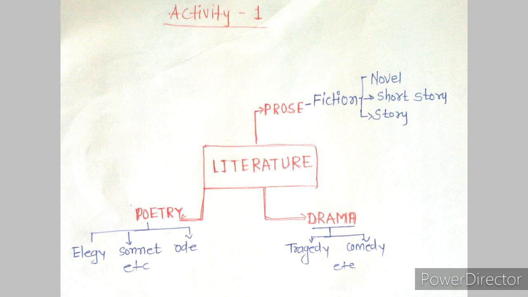So these are the ideas which have been added to the supportive ideas, and that has explained the meaning of prose. Next supportive idea was drama. Drama is of different types: tragedy is there, comedy is there, tragic comedy is there. So this is what clarifies the meaning of the supportive idea, drama. The third is poetry. Again poetry is of different types, like elegy, sonnet, ode, satire. So these are the supportive ideas which clarify the meaning. So this is what the first figure and the first activity was all about.